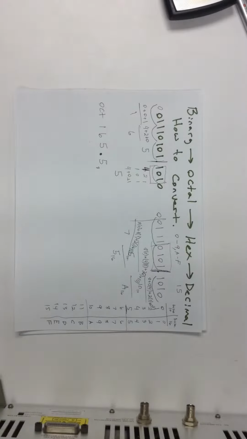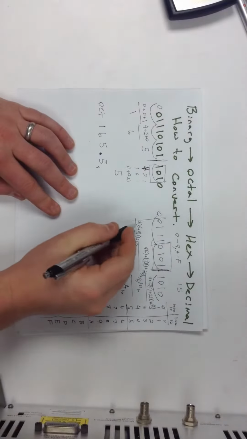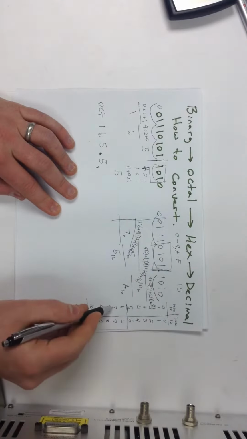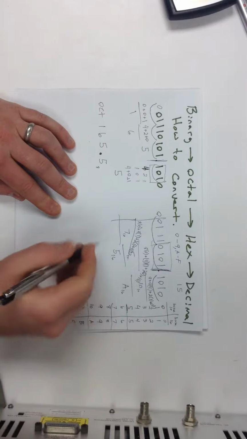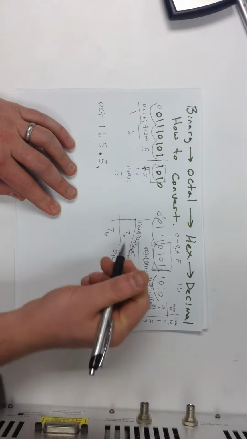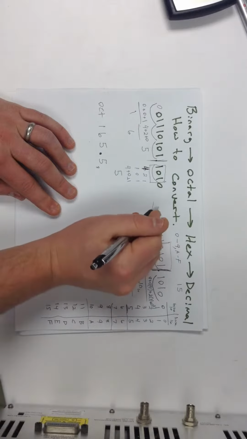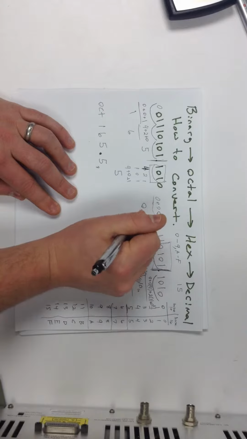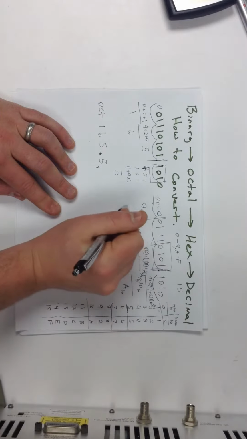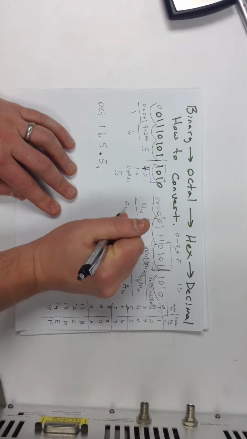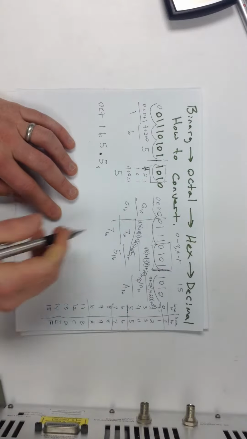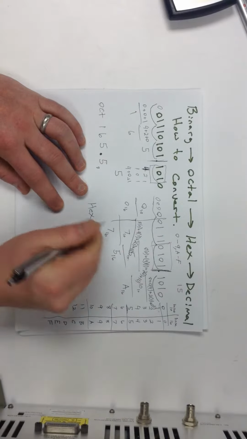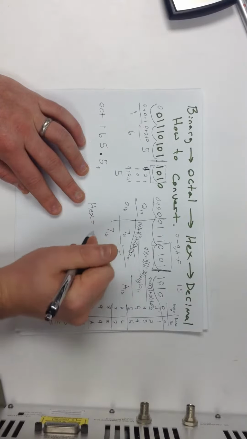Which gives us a total of 7. So that's a base 10. 7 base 10 is equal to 7 base 16, right? Now this over here, that's just a 0. We can fill in zeros ahead of it as placeholders, which gives us a 0 base 10, which equals a 0 base 16, right? So, coming up with the hexadecimal representation, we can say it equals